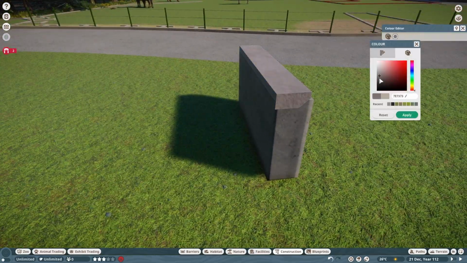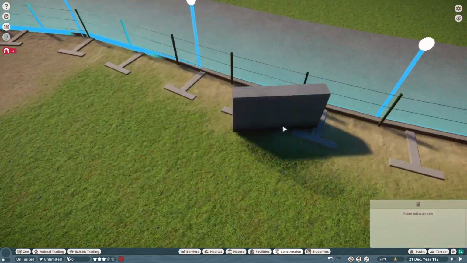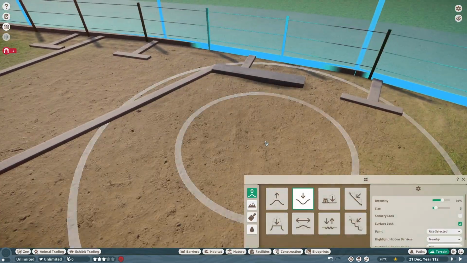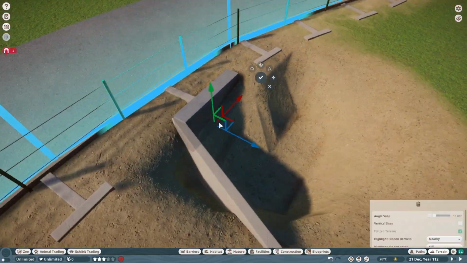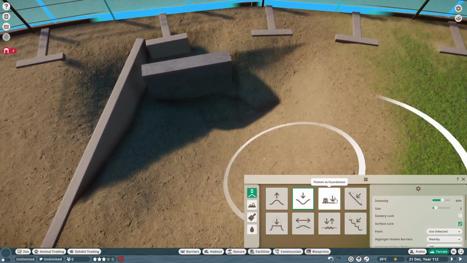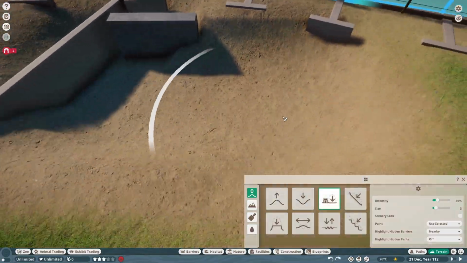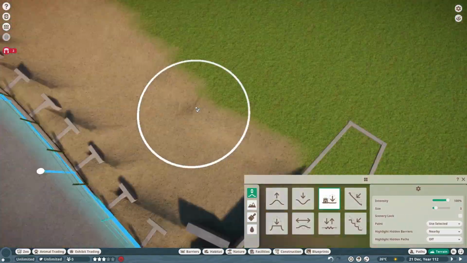In this episode, and you can already see that in the background, we are going to build for the wild water buffalo. Yeah, I think that's the name in game, the wild water buffalo, which is of course a buffalo species, a bovine species from Asia, more specifically from I think Southeast Asia, but also found in China.